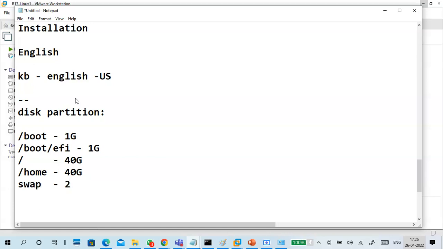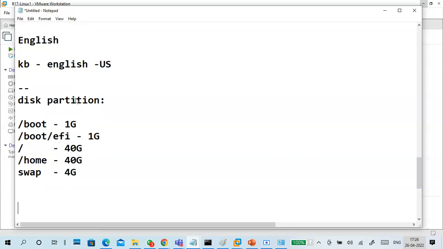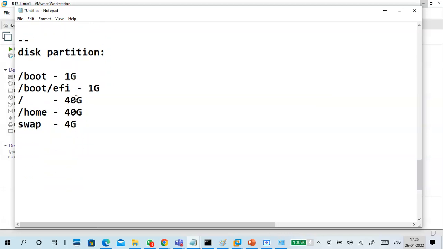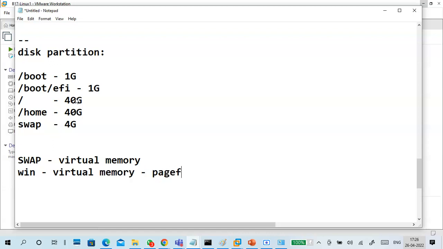I am giving 4 GB. Does anybody know what swap is? Swap is virtual memory, a Linux terminology for virtual memory. In Windows, the virtual memory name is page files.